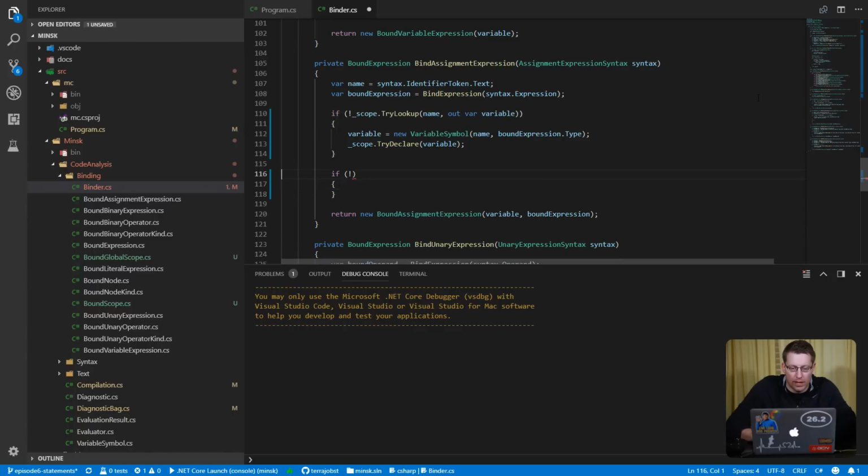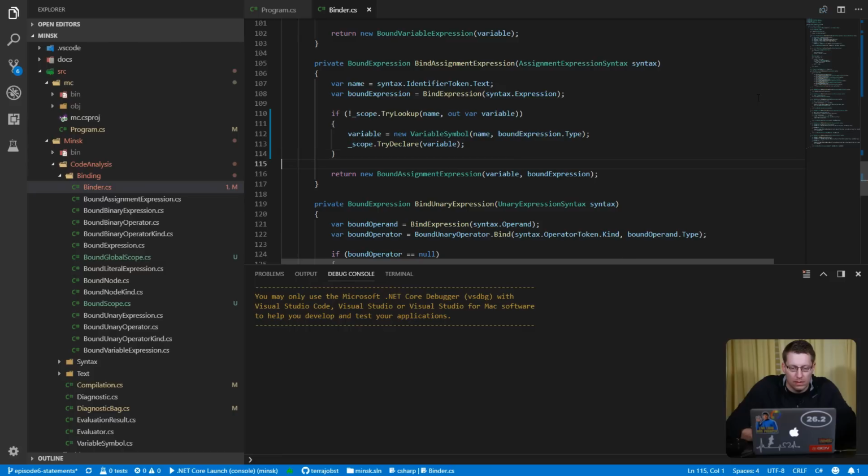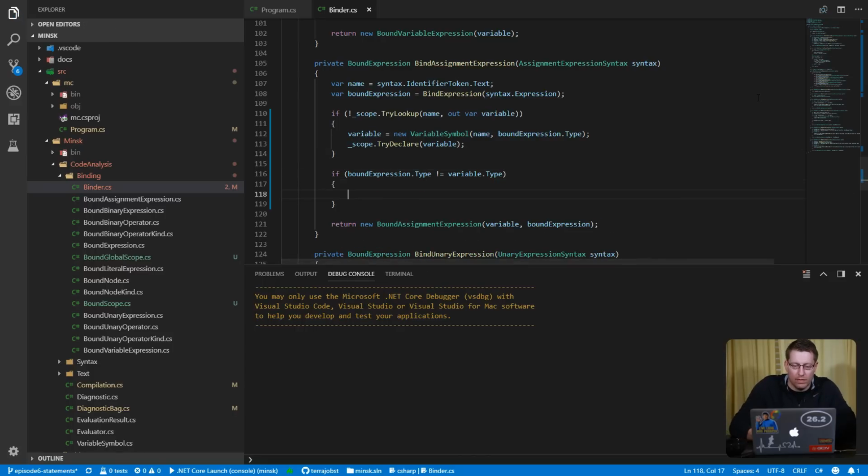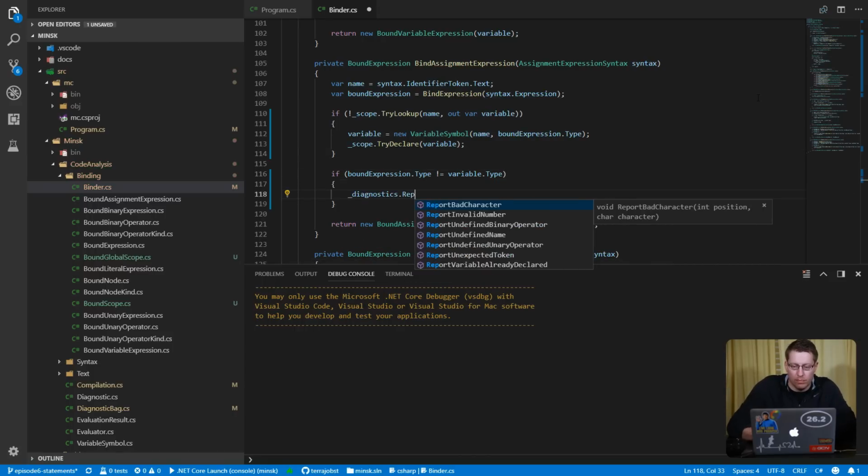In which case this error cannot occur. Yes, and now when we have a variable, now let's check the type. Now we say variable type. If the bound expression type is not the same as our variable type, then we say diagnostics report